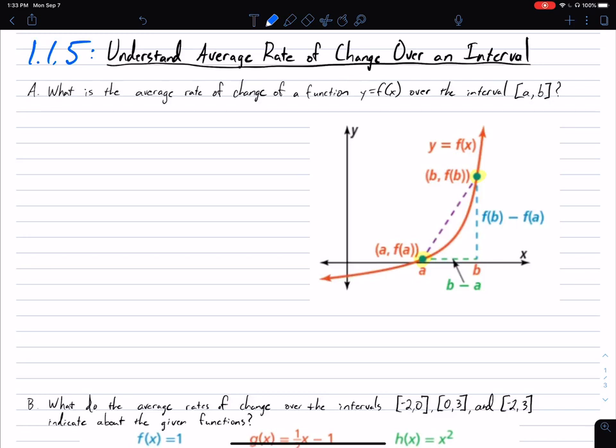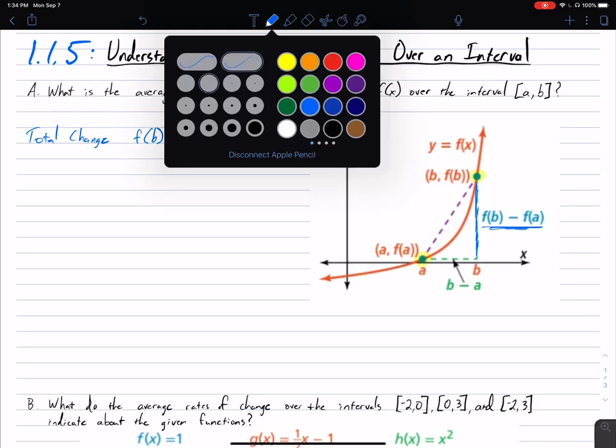So our total change, let's write this down. The total change in this function is this blue section here. All right, f of b minus f of a. That's our vertical change there, right? So that's the total change, which is f of b minus f of a. Now, the terms might get a little tricky, but at the end, we'll simplify this and hopefully it'll make a lot more sense. And then the length of that change